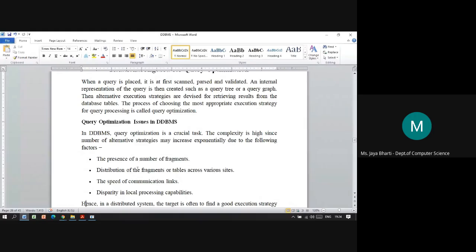The factors that affect the selection of alternative strategies are, first, the presence of number of fragments. Based on how many fragments we have created, the complexity of the query tree increases.